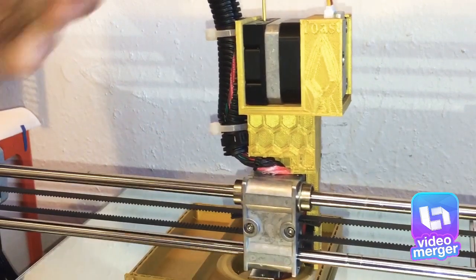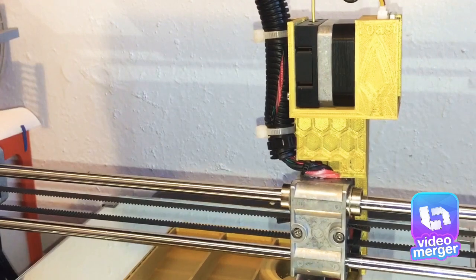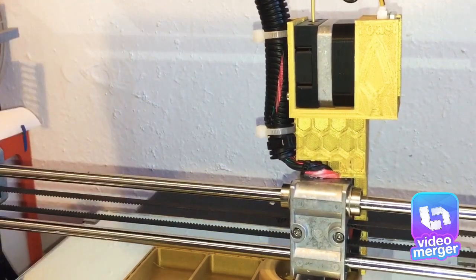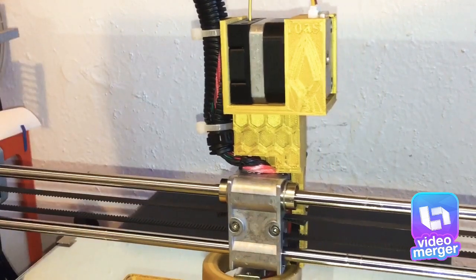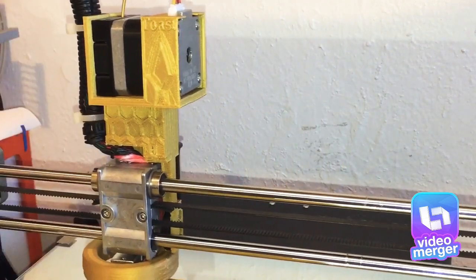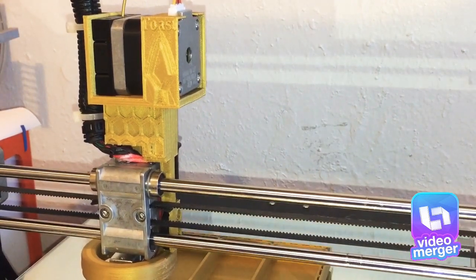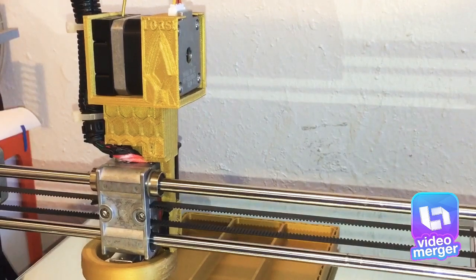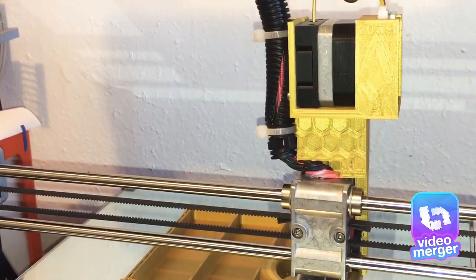Before you install it in the mounter, you're going to want to screw the screws into the mounter before you put it in, because the holes are a little bit too small. So you do that first before mounting them. And then